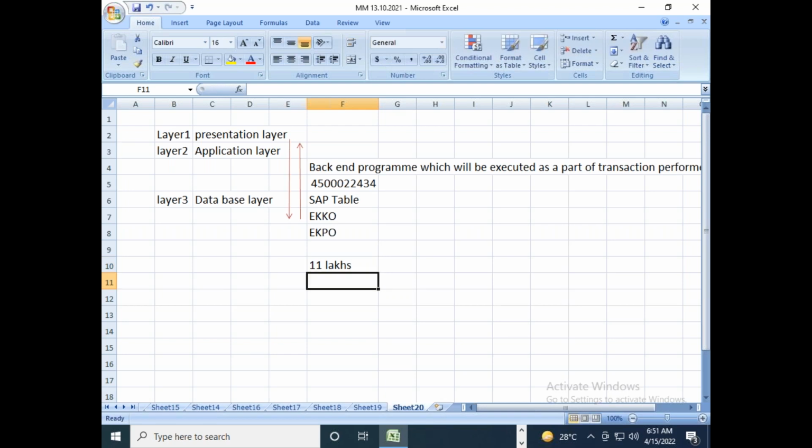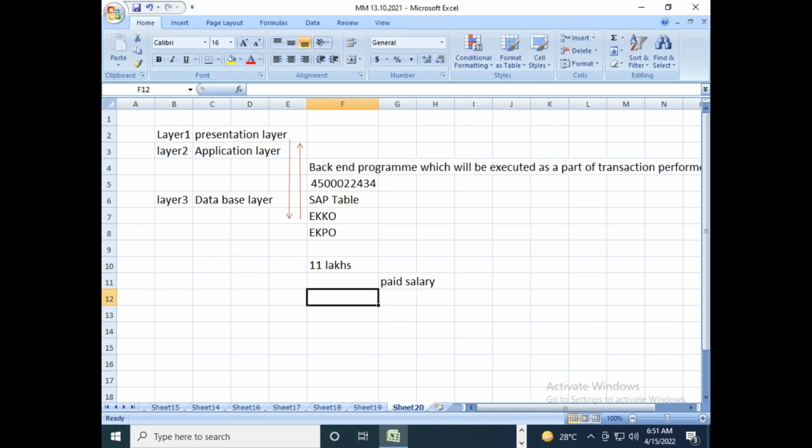If you want to process the payment, all these 11 lakh employees need to be paid their salaries. It's quite difficult to process the salary if you are working on manual salary processing. But in case of SAP, what will happen? Even though there are 11 lakh employees working in Indian Railways, the salary of the 11 lakh employees will be